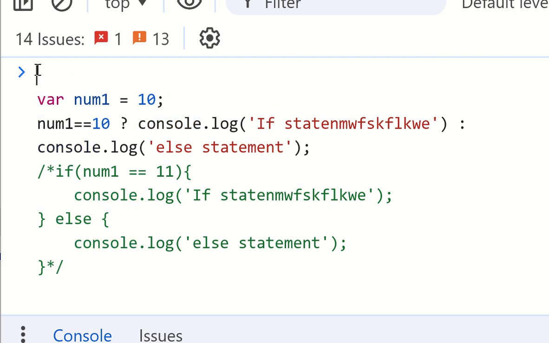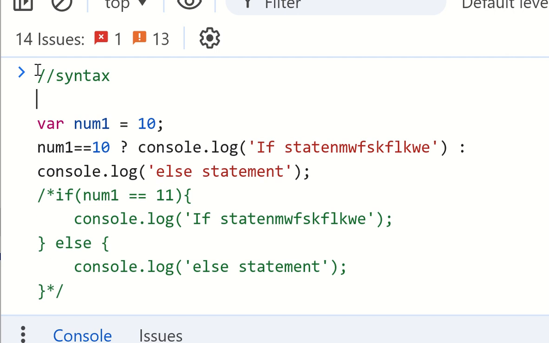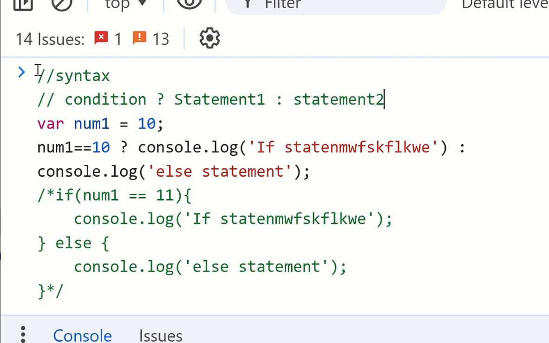Ternary operator syntax: condition, question mark, statement 1, colon, statement 2. Okay, so that is the syntax.